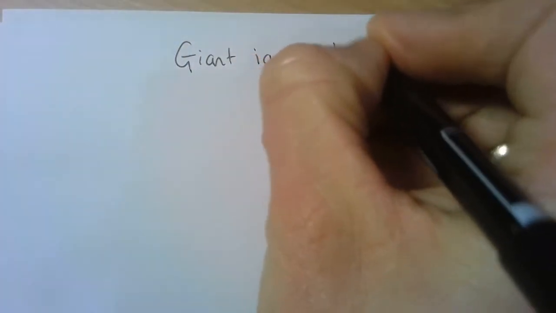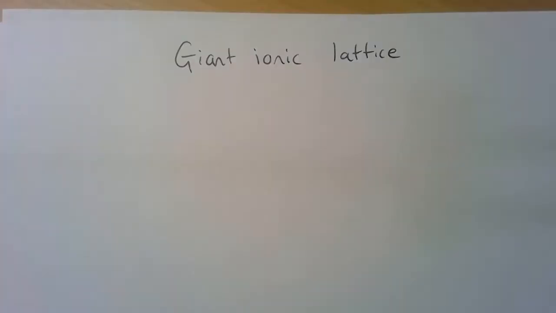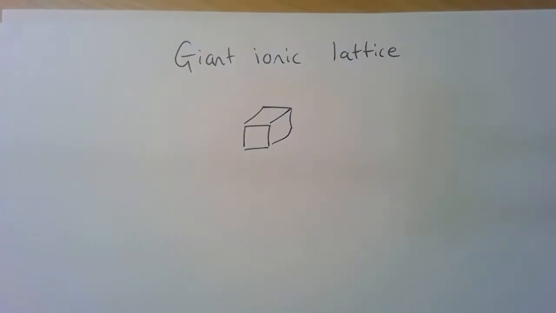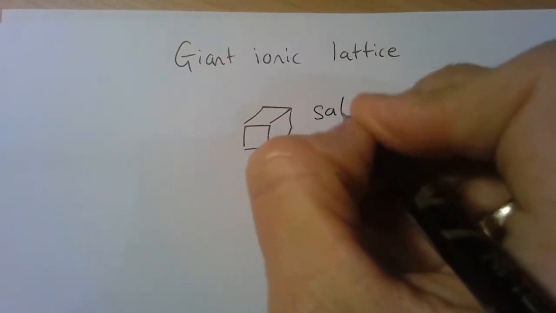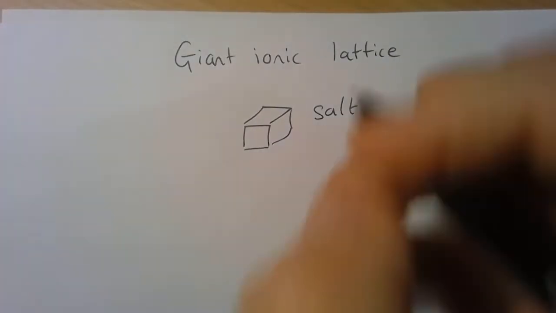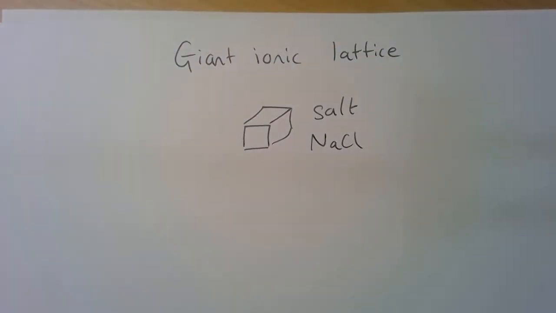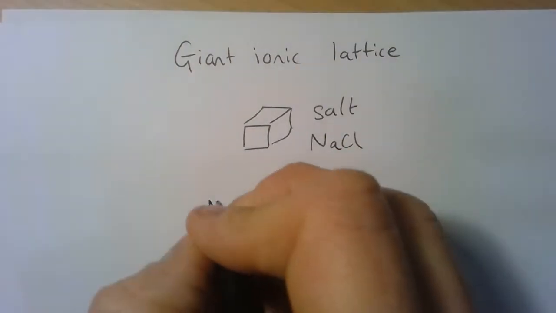We're going to look today at giant ionic lattices, or the giant ionic lattice. So let's think first of all about a very small grain of salt. And that salt has got the formula NaCl, which means it contains lots and lots of sodium ions and lots